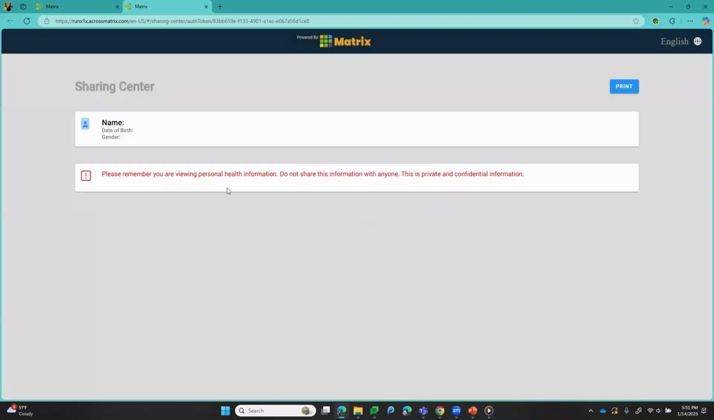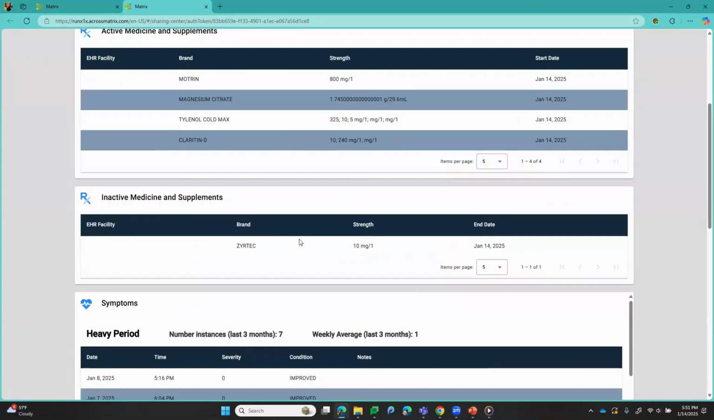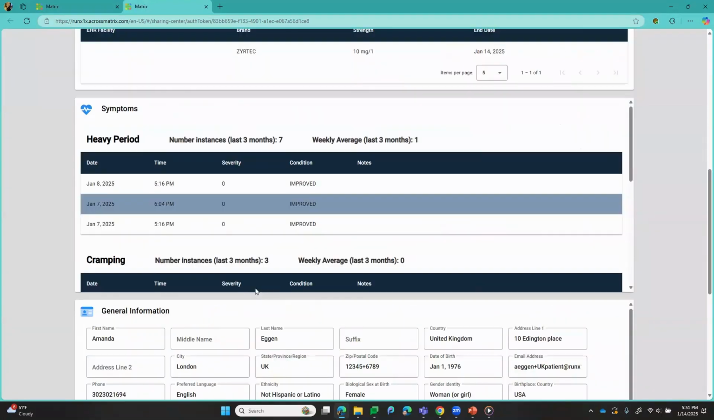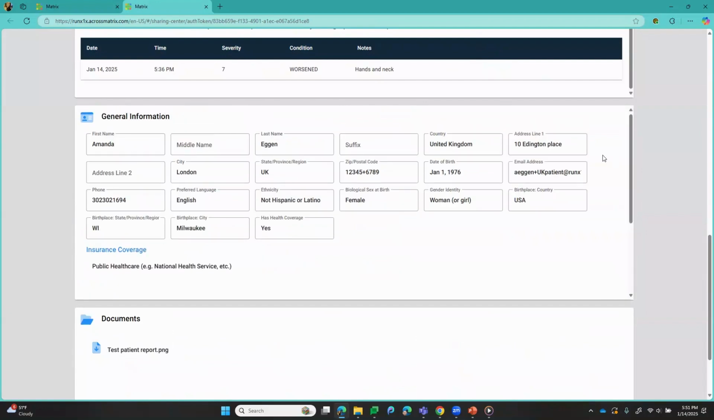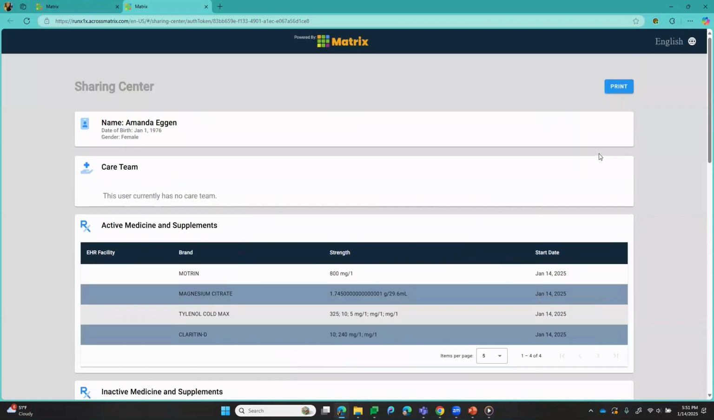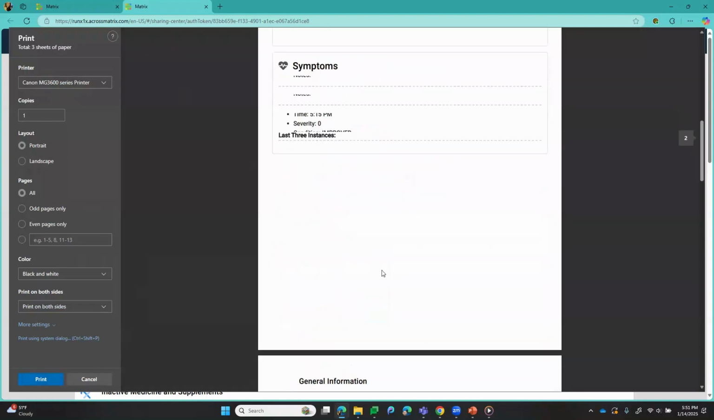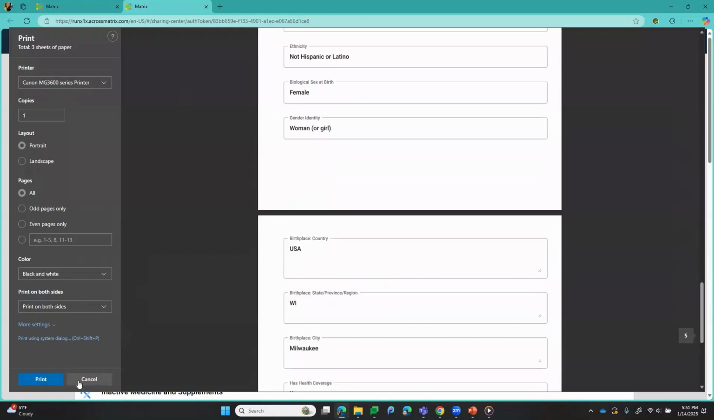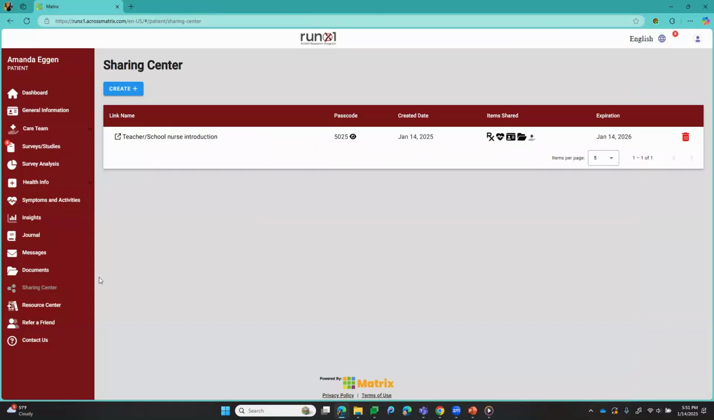and it says, please remember you're viewing personal health information and be careful. And this is what it looks like to them. And that sort of thing. Oh, you know what? Yep, we can scroll down through this section. So this, I think, is a really nice feature. You can print it, or the teacher can print it and save it into their files on their side, and that's what that looks like there. Okay, I'm going to close out that section, and I think that concludes